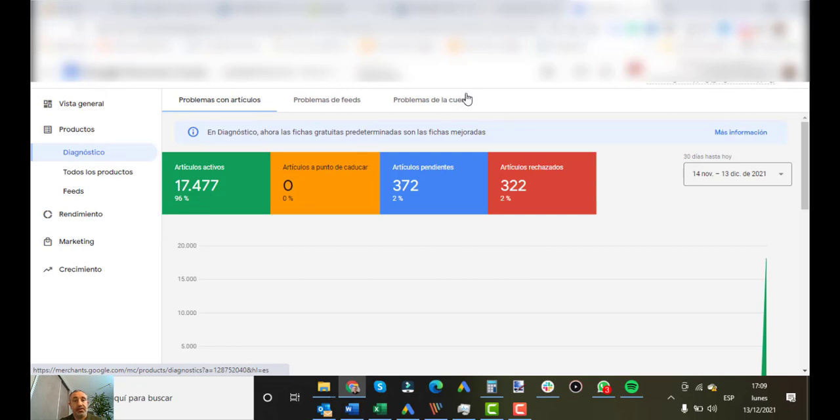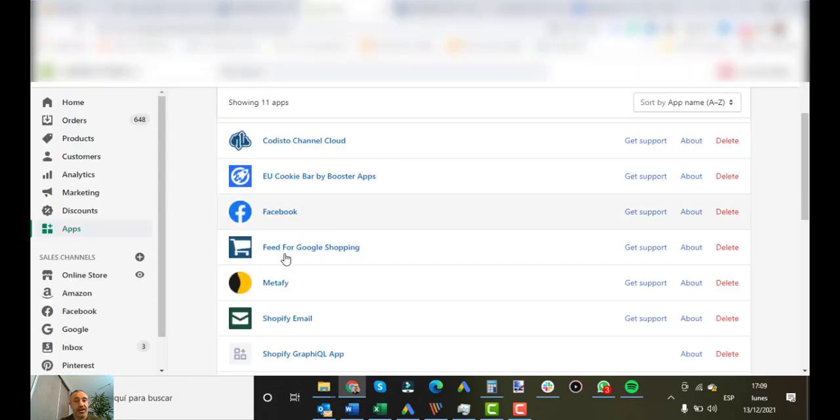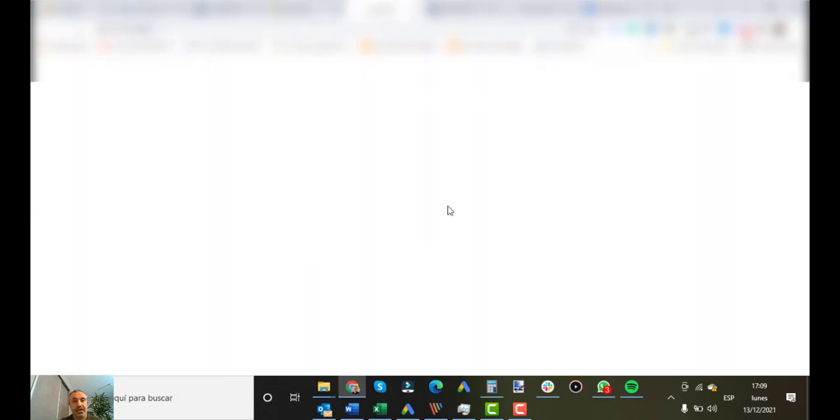So now step by step: I go to Shopify, I download this app. You will see there is a step by step, really simple, that asks you to connect your Google Merchant Center to this app. So I did it, it's 3 clicks, it's very easy. And after, when it's done and the products are synced,